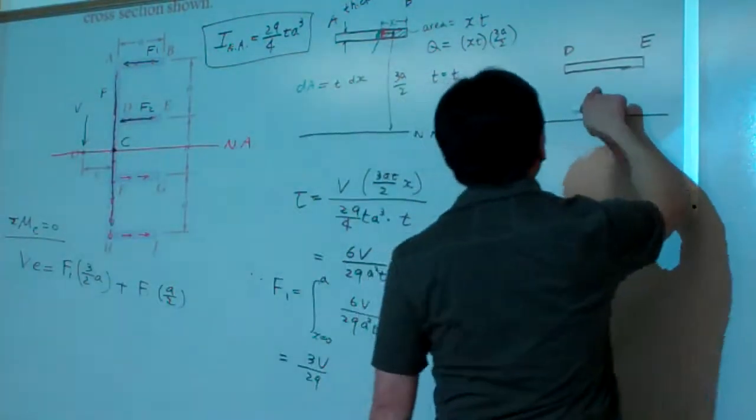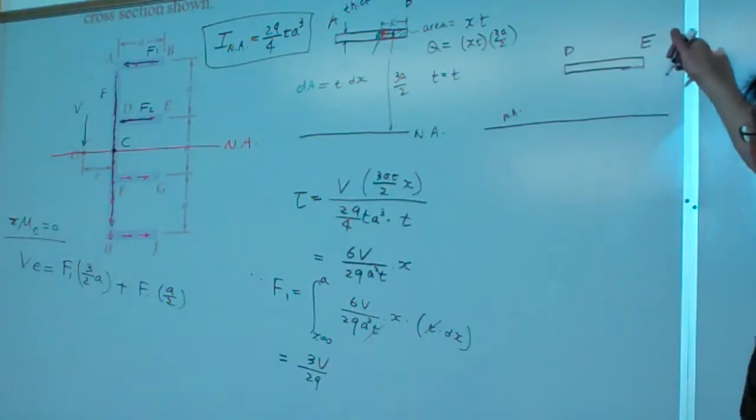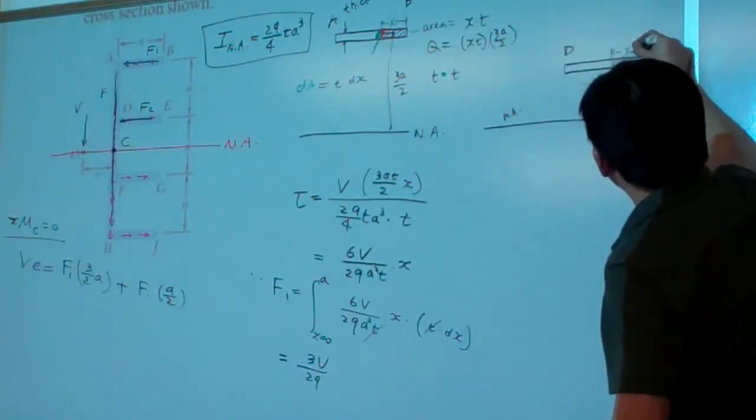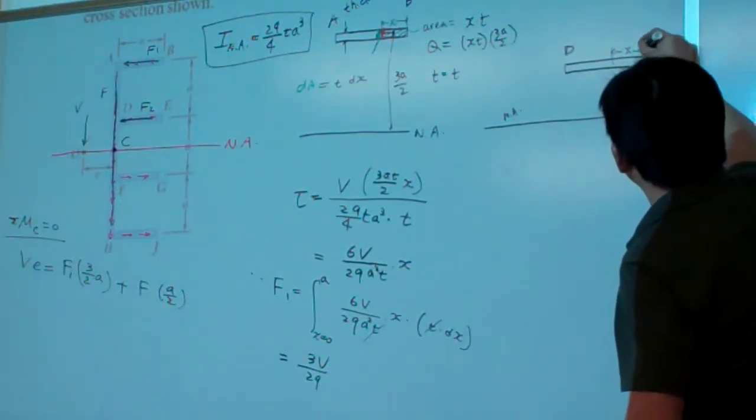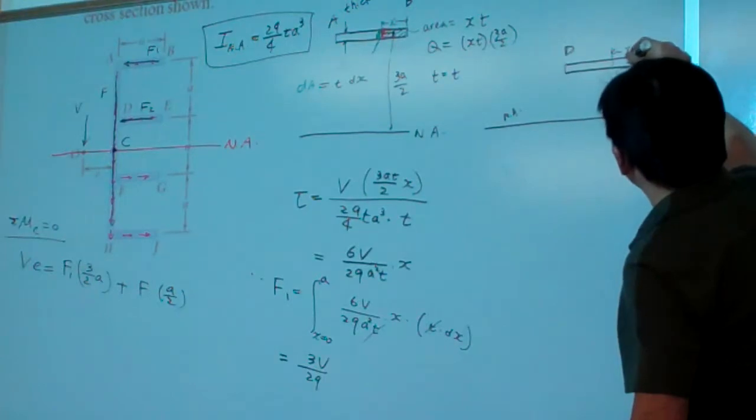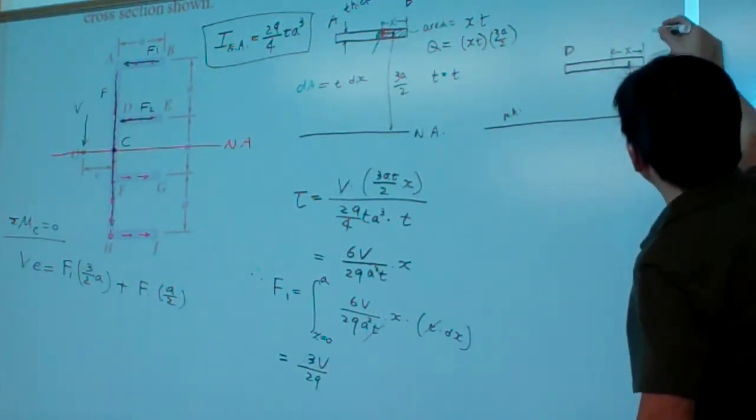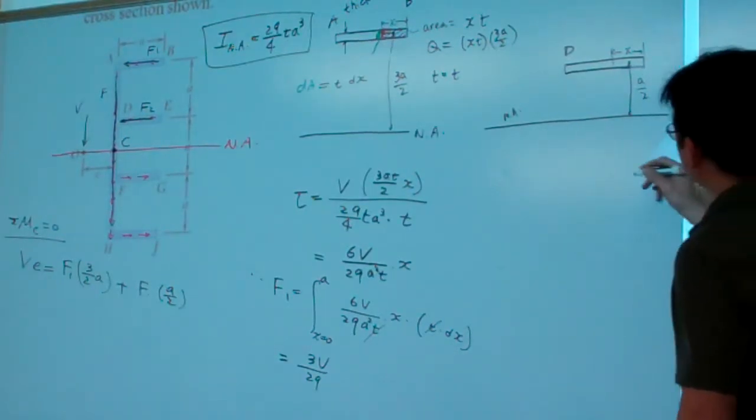We can repeat the same thing for the portion D. For the portion D, again we pick up the area x like this, and the centroid from here to here is a over 2. So tau